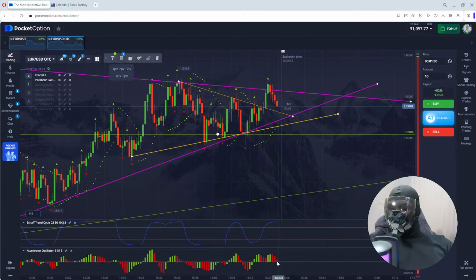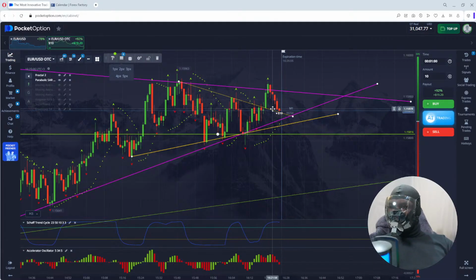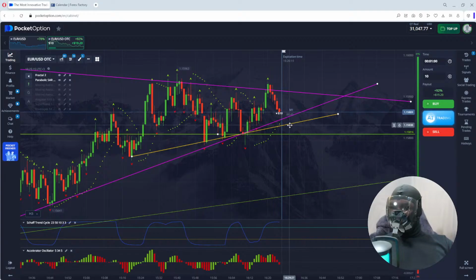Look, see, we got the accelerator oscillator showing us a decline. So if it, there we go, it crossed. Let's open for 1 minute. So if it's going to go down, this is actually no longer valid. It played out. Yeah, so if it's going to break through this, here's the next point of interest on this line right here,